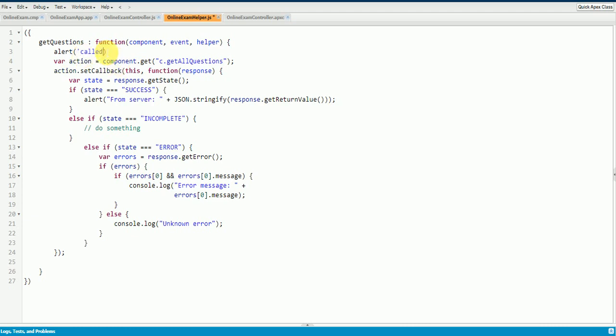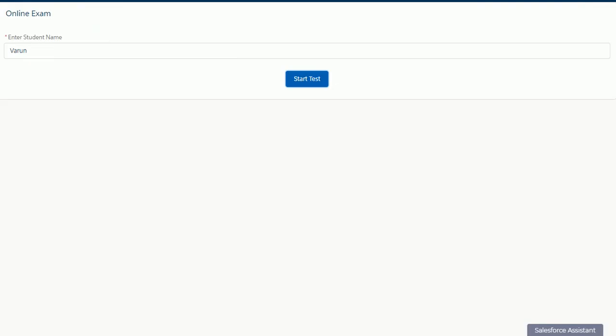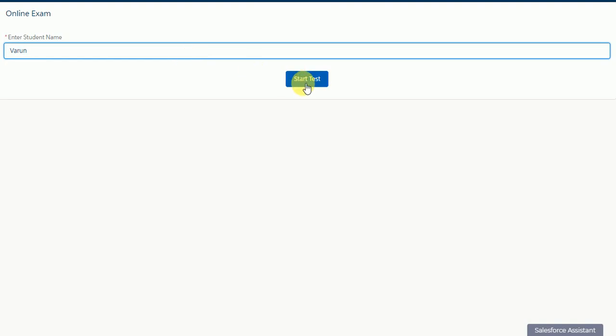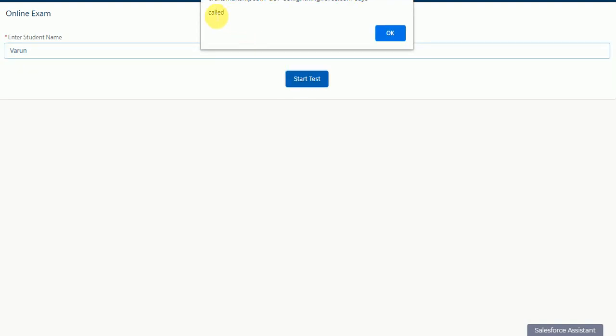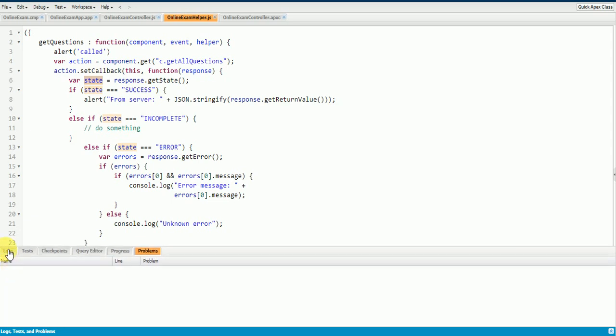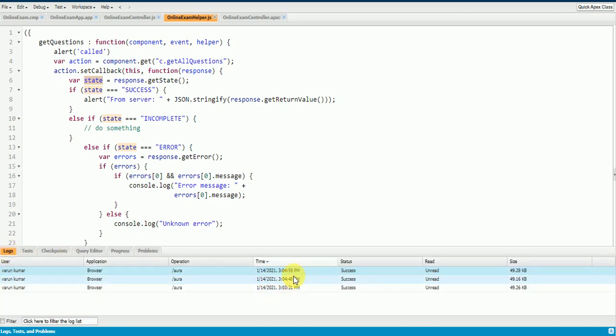Just check if our helper function is calling or not. I'll go back to my lightning application and refresh this page. I'll give any name here and click on start test, and you can see my helper is calling here, but looks like there is some problem here. Let's see what the logs are displaying here.